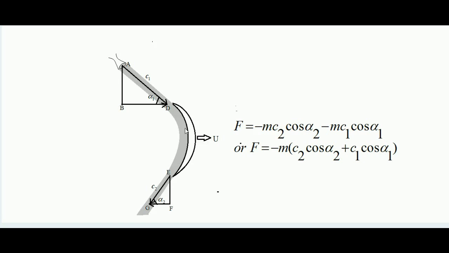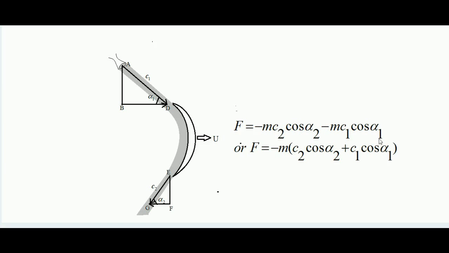So once again, the final momentum of steam in the horizontal direction over the exit of the blade is equal to m c2 cos alpha 2 but negative, and the initial momentum of steam in the horizontal direction over the inlet of the blade is equal to m c1 cos alpha 1 but positive. Now final momentum of steam minus initial momentum of steam in the horizontal direction is what? The change of momentum. So the force developed over the blade would be the final momentum in the horizontal direction, that is minus m c2 cos alpha 2, minus the initial momentum, that is m c1 cos alpha 1.